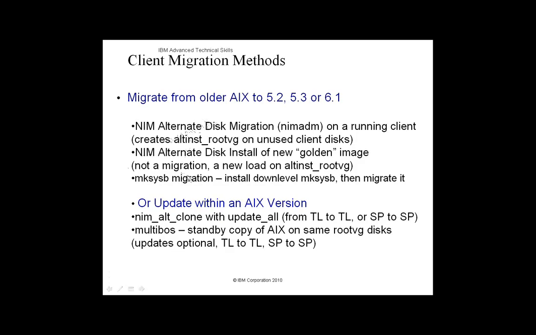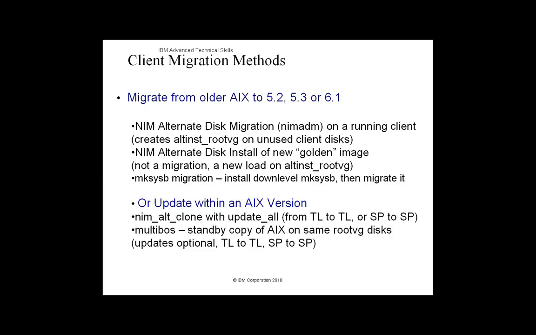So those are my migration methods. My choices down below in the bottom half of the slide, updating within an AIX version. I might choose to do a NIM alt clone with an update all. So cloning creates an alt_inst_rootvg, and using an update all, I can apply updates to the clone. If I don't have an alternate disk, if I don't have unused disk to use,